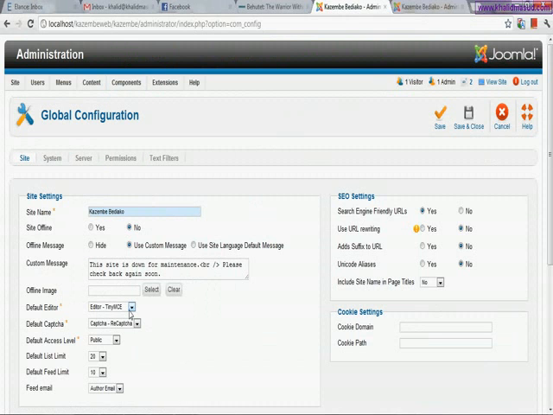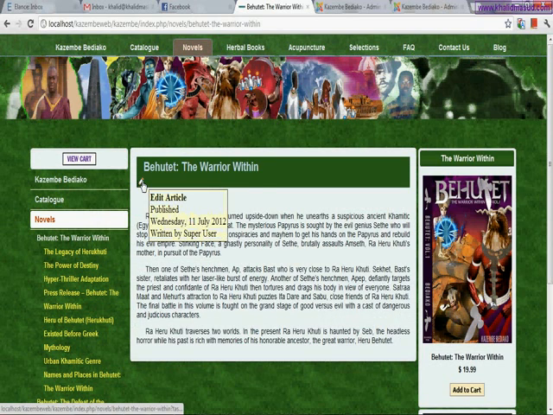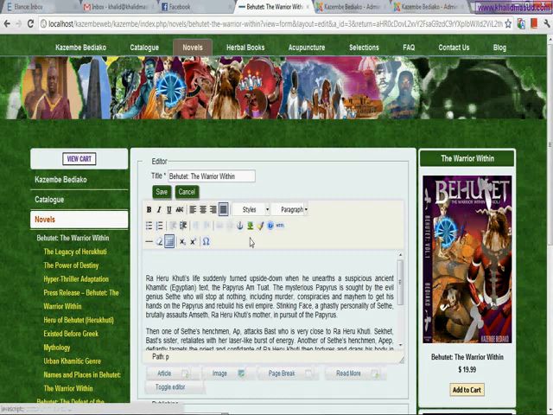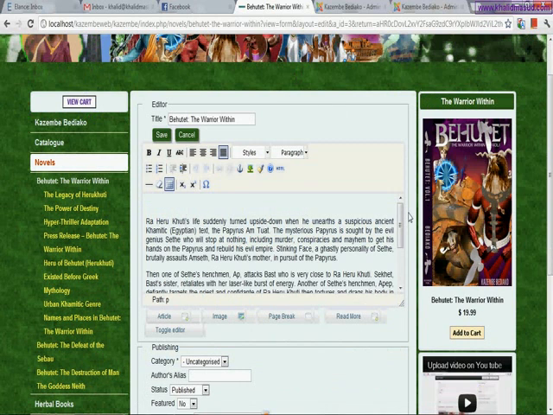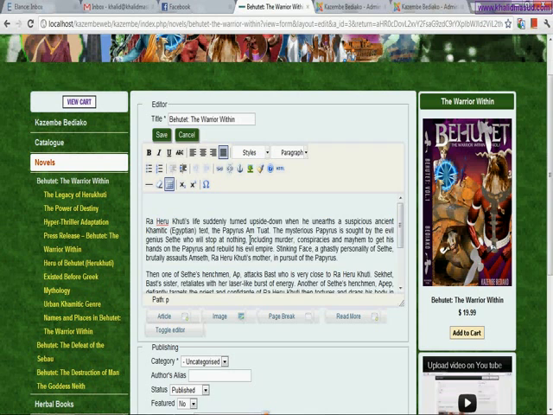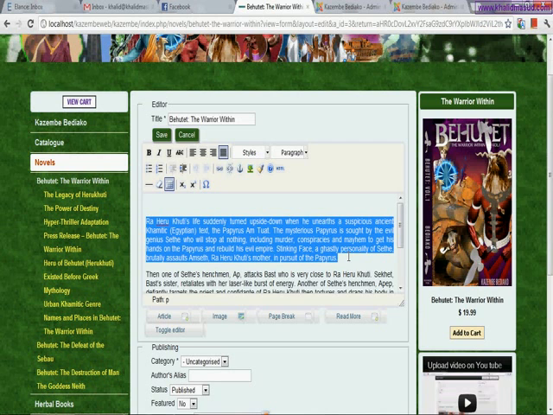Right now I have selected this TinyMCE editor, and you can see whether it's really selected or not by clicking this edit button, and you can see that this editor is actually selected. Actually, this text on our website is not stored as such. Websites don't recognize this text as such.